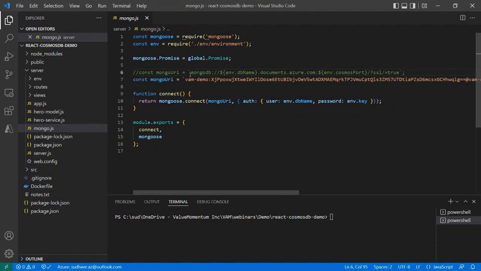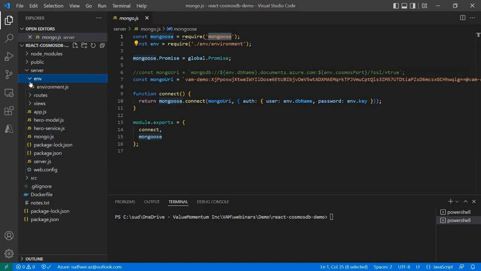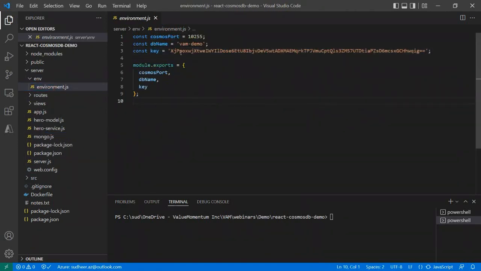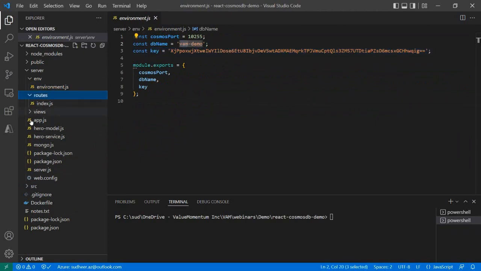I'm using Node as the server, and Mongoose as a module. Mongoose is my ORM tool for this. I'm using Mongoose to connect to my MongoDB through this Azure Cosmos. In the server environment, you see my key, the primary key, is available. I can put it here, and my DB name here. And I have written my own